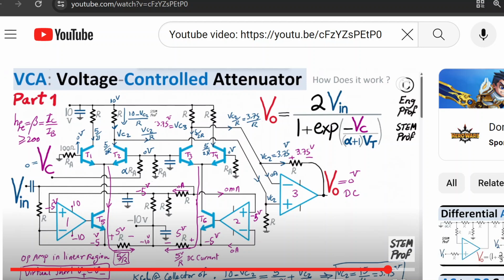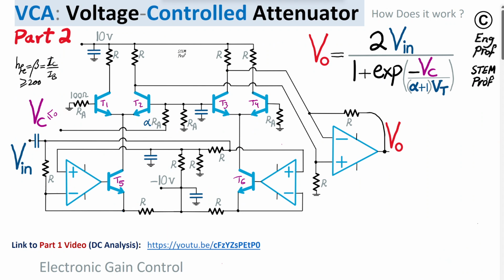Now, in part 2 here, I would like to focus on the AC analysis, which is basically the relationship between input and output voltage. Basically, I would like to prove this formula and show how the circuit is working in terms of providing an attenuation or gain based on the value of a DC control voltage applied as VC, in which circuit being a negative voltage. I'll talk about that. So at input, we have Vin, which is, let's say, an audio signal, the best application